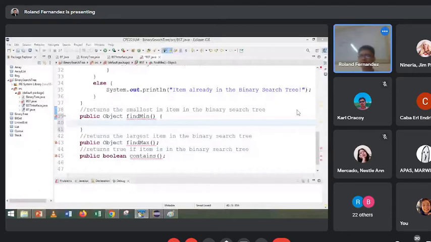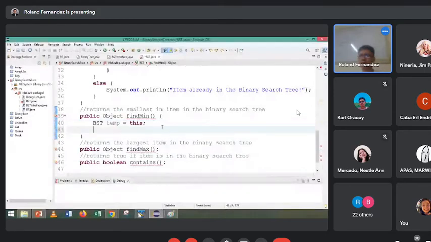Once naa na ta sa pinaka-left, mao na to ang pinakagamay nga item. So mag-have ko og temporary nga equal root of this. So yung nagbuhat kong temporary, gipapunta sa akong root, temp that